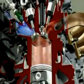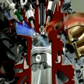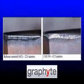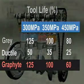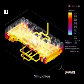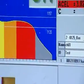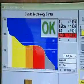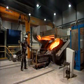Compacted graphite iron for pressure-resistant engine blocks and heads is attracting greater and greater interest within the automotive industry. With the graphite technology, NovaCast has developed methods specially designed for mass production of a material with enhanced machining properties. This means better production economics both for the foundry and for the customer. Intelligent software from NovaCast Foundry Solutions will not only improve accuracy and yield in the foundry, it will also reduce the use of alloys and have an impact on environmental issues such as smoke emissions and unpleasant odors in the